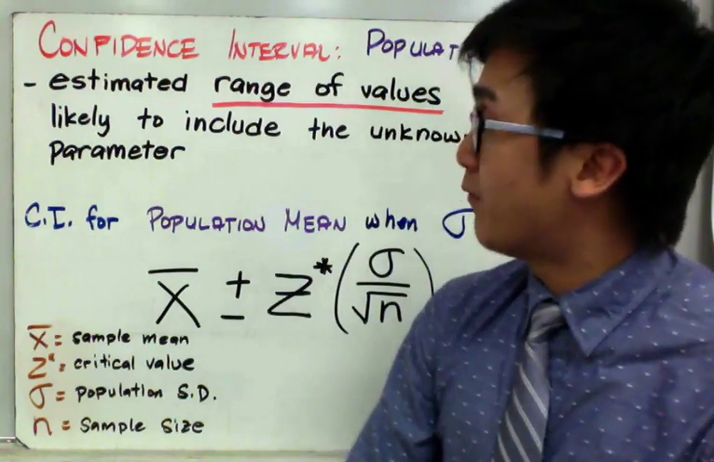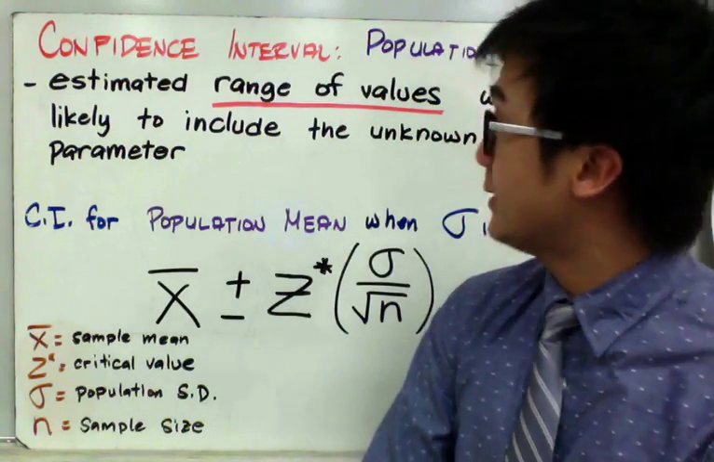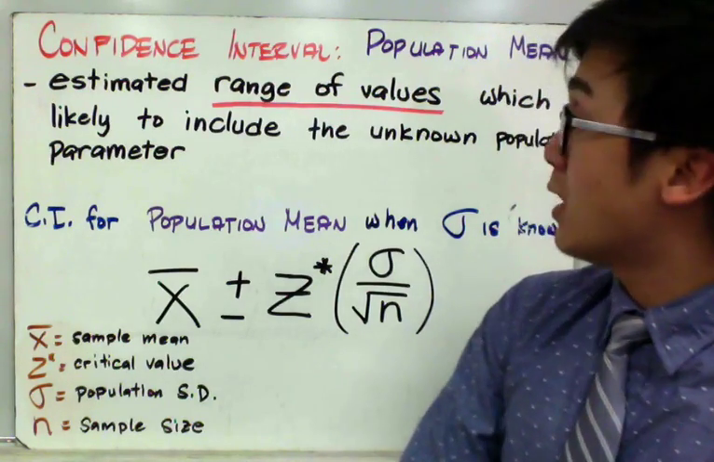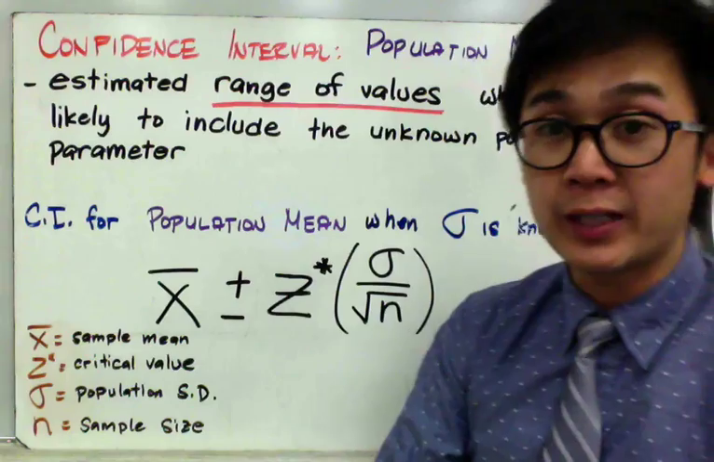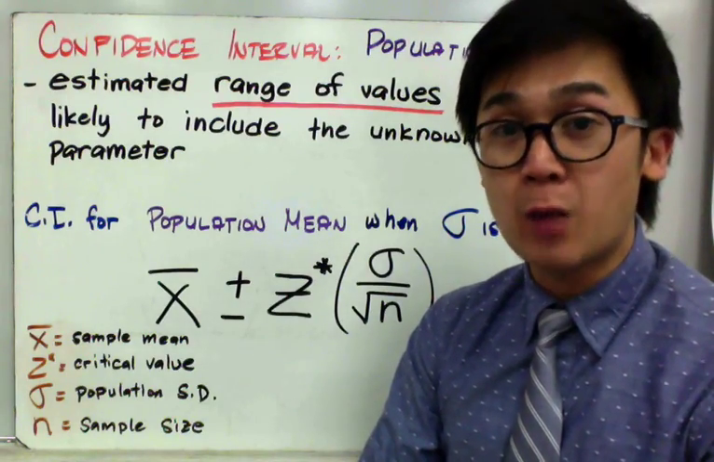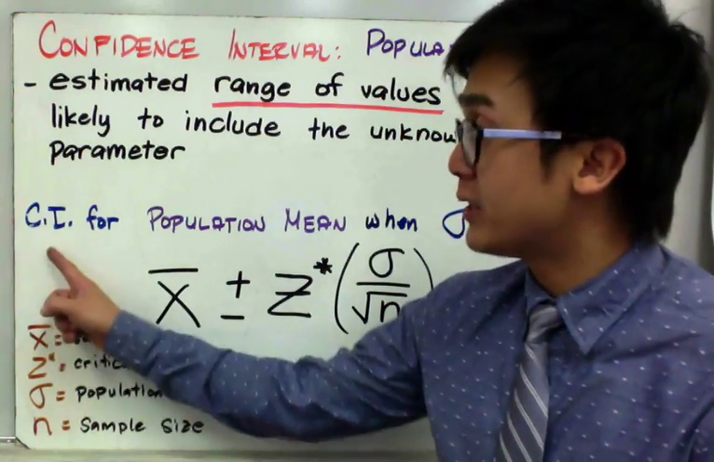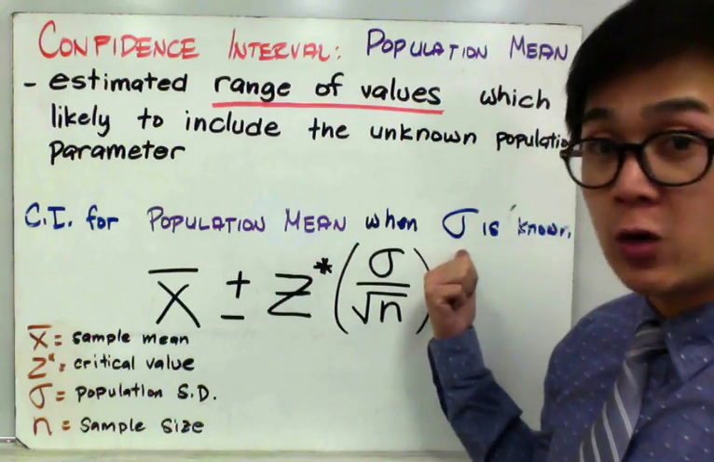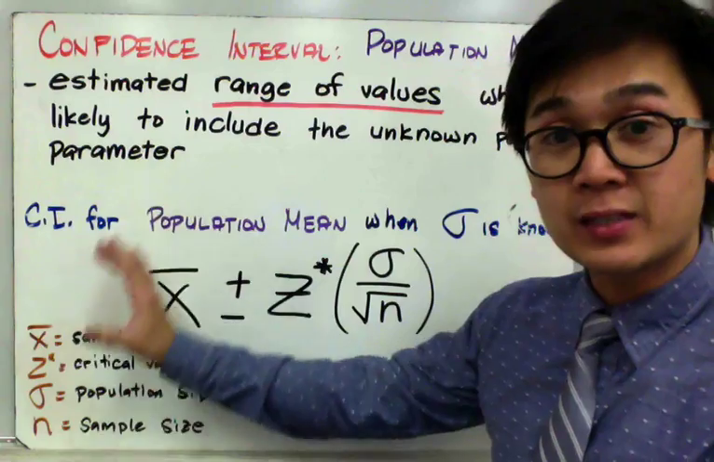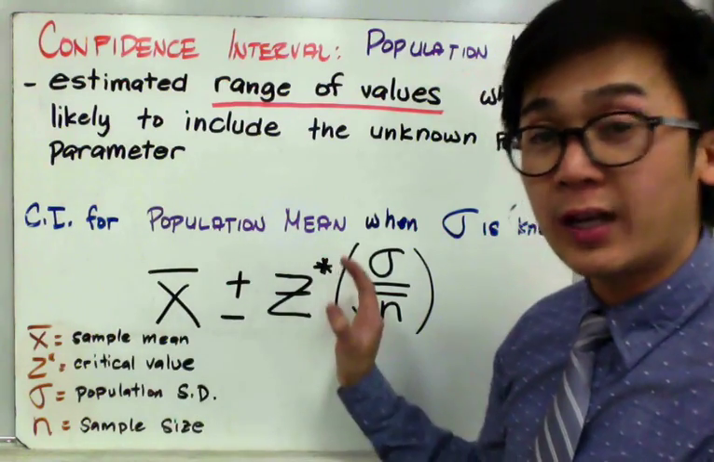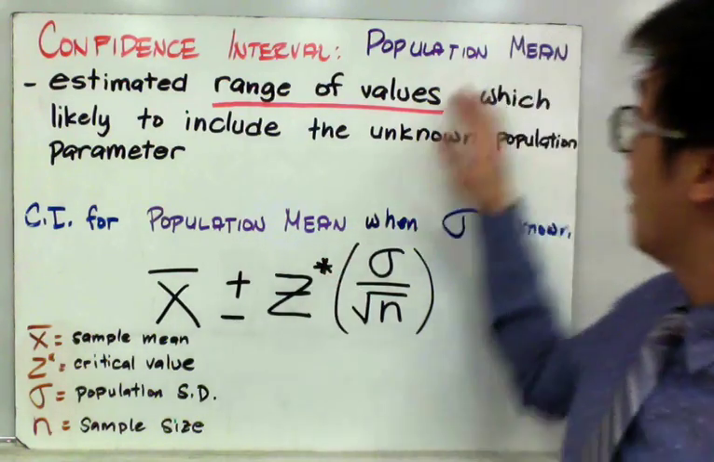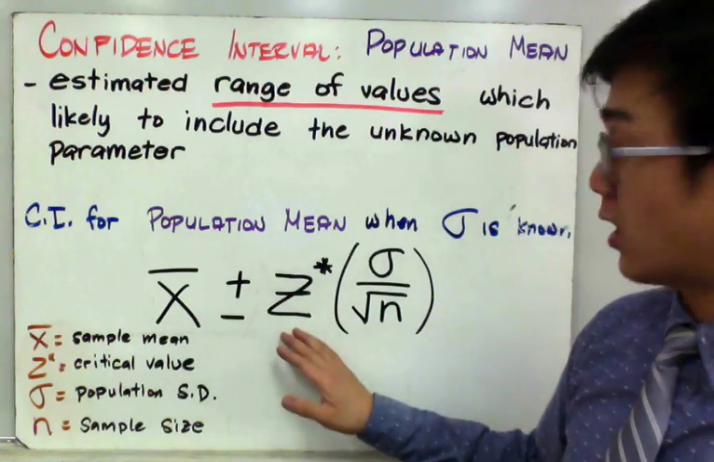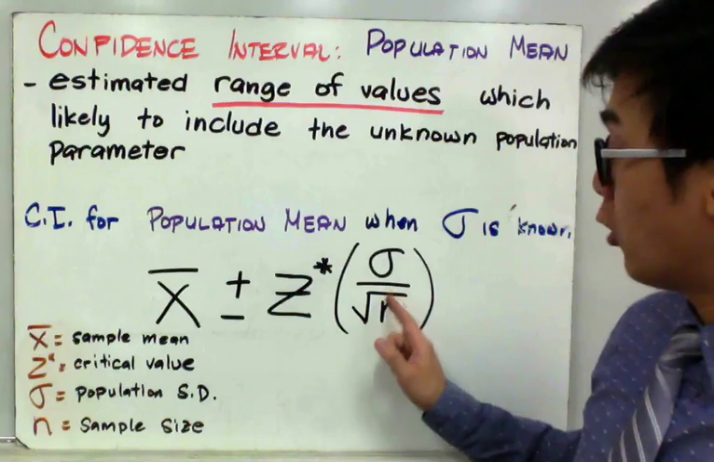Now to formally introduce what a confidence interval is: by definition, a confidence interval is an estimated range of values which is likely to include the unknown population parameter, and in this case, it's the population mean. The confidence interval for the population mean, when the population sigma is known, is given by this formula. This is the formula that we're going to be working on in our lesson. It's going to be x bar plus or minus z star times sigma all over the square root of